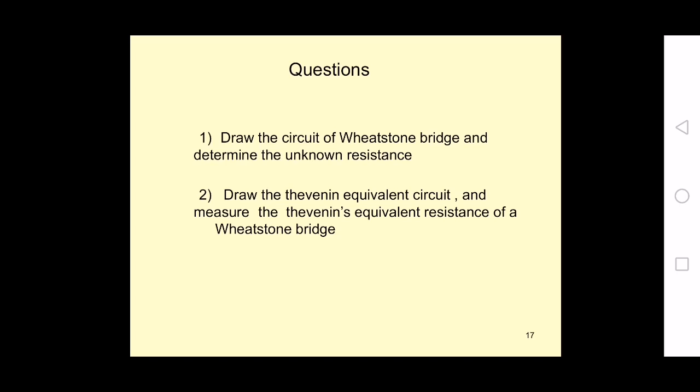The Wheatstone bridge is the most accurate method available for measuring resistance, ranging from approximately 1 ohm to several mega ohm. And measurement of this unknown resistance is independent of the characteristics or calibration of the null detecting galvanometer, provided that the null detector has sufficient sensitivity to indicate the position of the bridge with the required degree of precision.